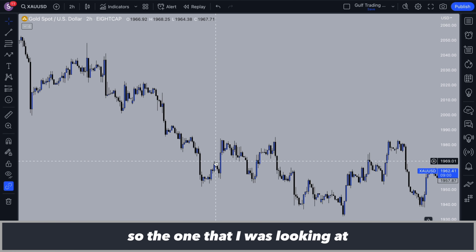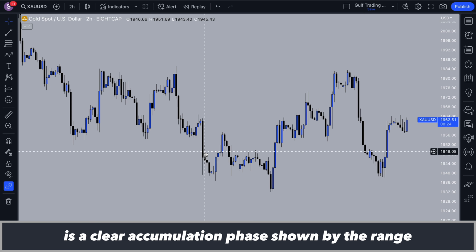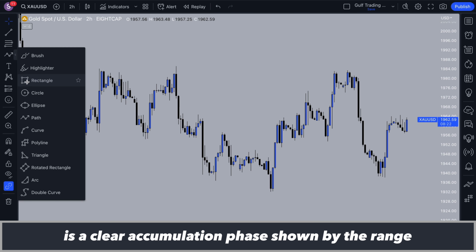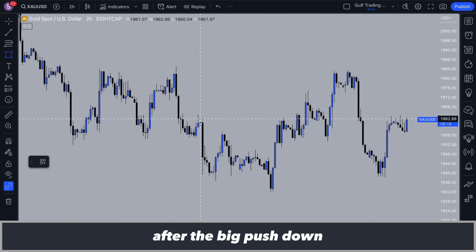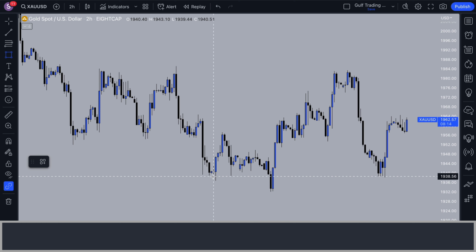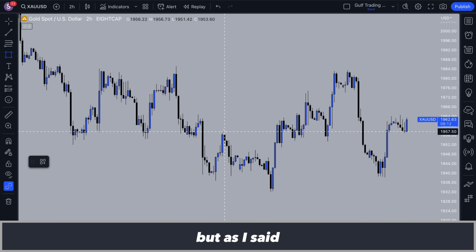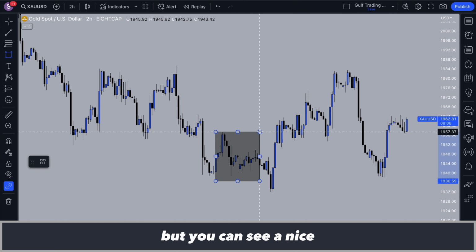So the one that I was looking at, if we go down here, what I see in this area here is a clear accumulation phase shown by the range. You get a strong pullback, but if you're familiar with Wyckoff, after the big push down, you do get the automatic rally, which is normally a big push up. But as I said, you don't need perfect liquidity on both sides of the range, but you can see a nice